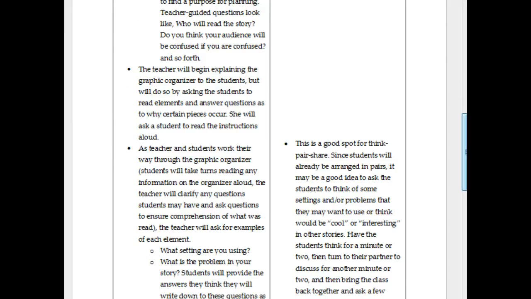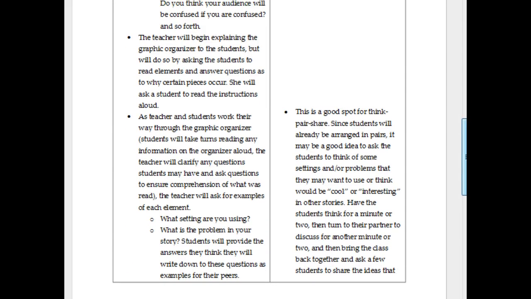All right. Explain the graphic organizer as students work their way through it. It's a good spot for think, pair, share, since it'll already be arranged in pairs, cool or interesting ideas. Excellent. So the only thing you might want to think about doing, a lot of times we talk about modeling for the students. Instead of saying, here's a graphic organizer, fill it out, you did the guided practice part, or,